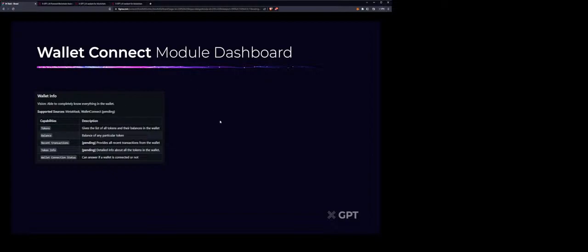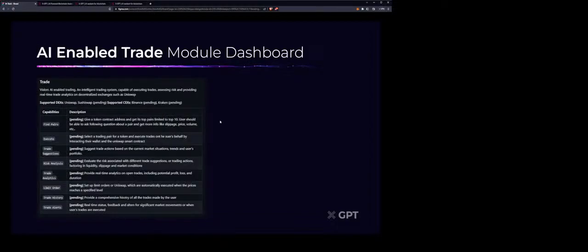But these are all very limited. Why? Because our focus is going to be completely on this AI-enabled trade module for the next 2 to 3 months at least. What we are seeing now is that we are able to buy a token just by mentioning its name, which is a huge user experience improvement in my opinion.